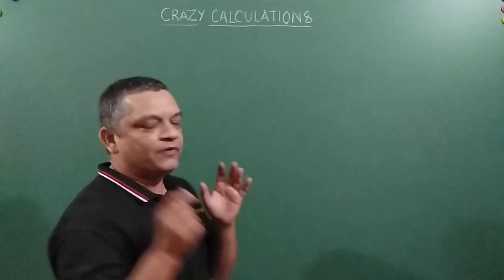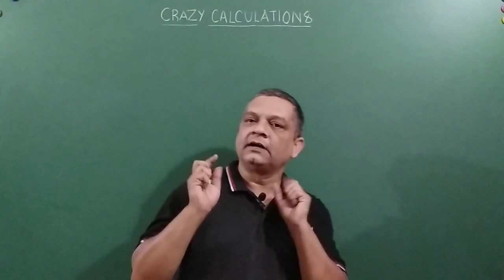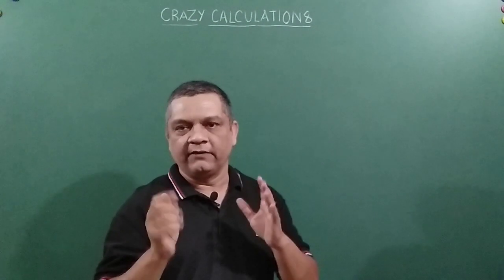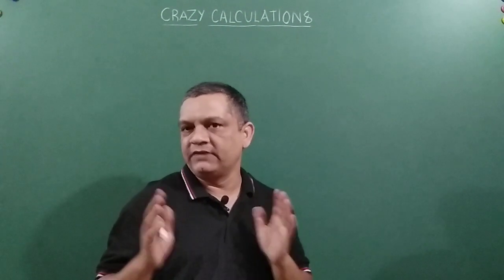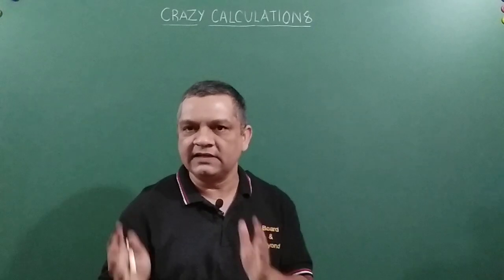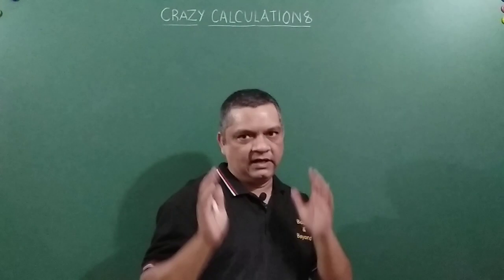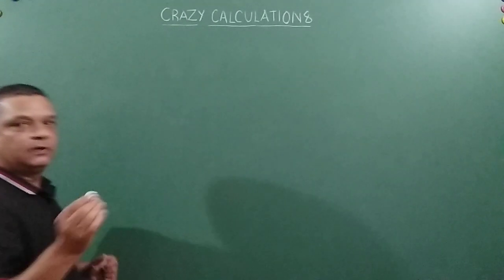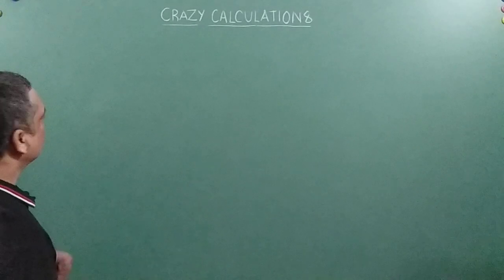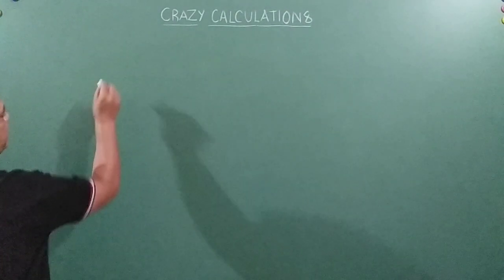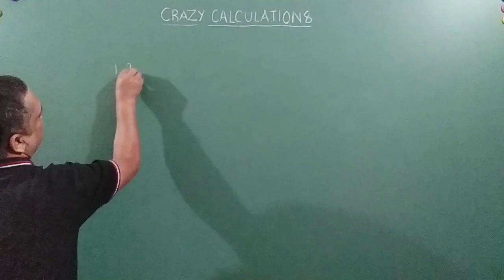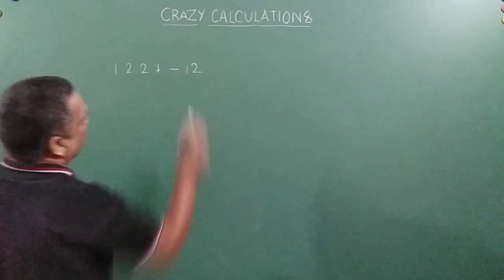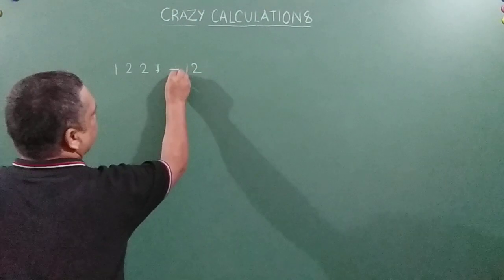Okay, so we will try to understand this with approximately 5 examples, wherein a few will be straightforward and a few in which you will have to carry forward a digit. So let me tell you the concept with a small problem. Let's take up a problem of 1227 divided by 12, right? In this problem I will try to illustrate all the techniques that you have to use here.